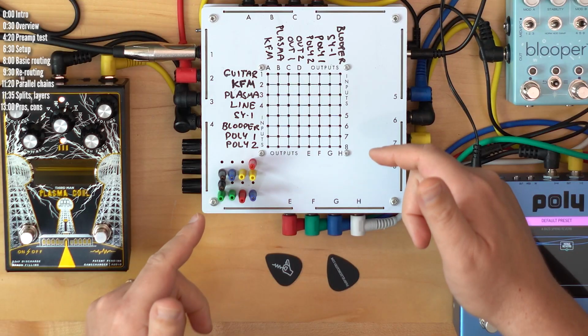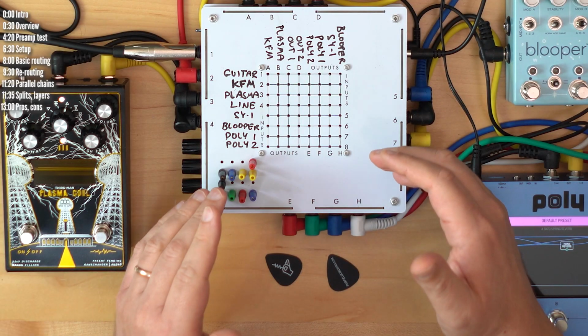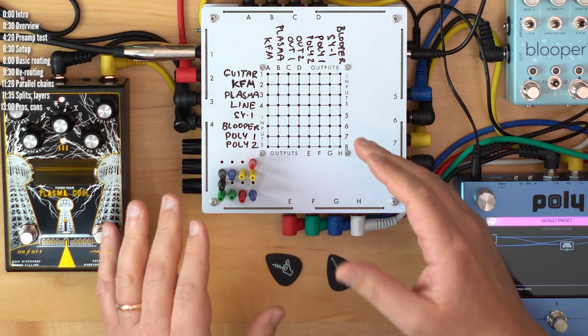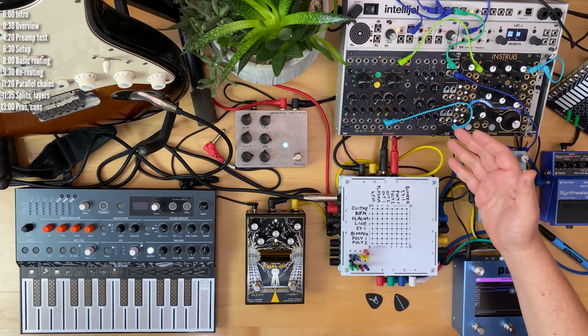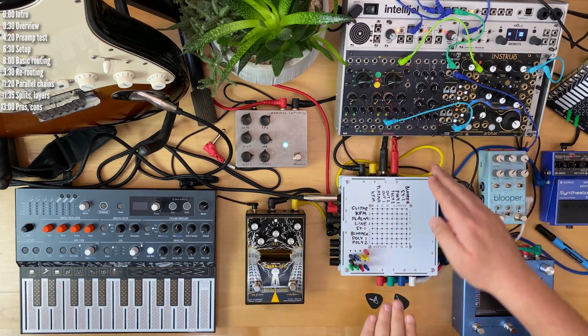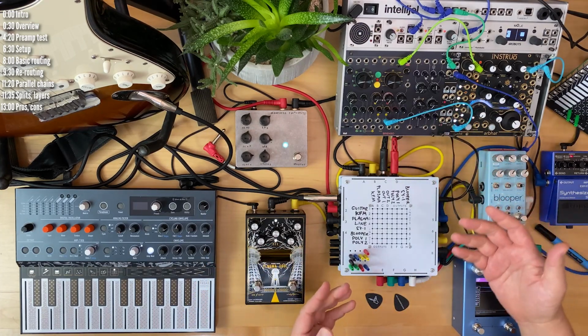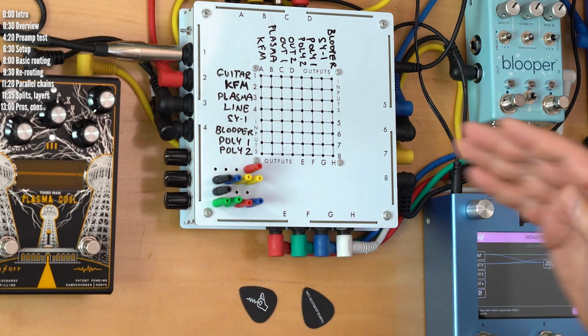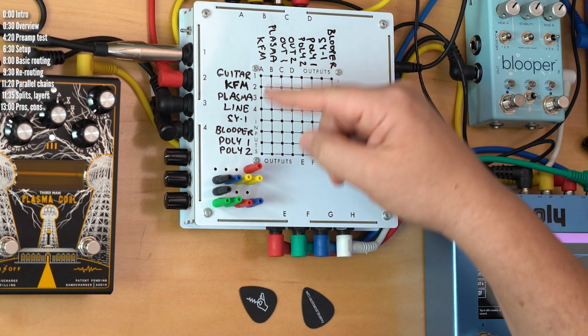Hi, this is the MTX8 from Future Sound Systems. It's an analog switch or routing matrix for audio and control voltage. It has 8 quarter-inch inputs and 8 quarter-inch outputs. There's a version with a tube screamer-like preamp on input 1, and you use pins to route the inputs to